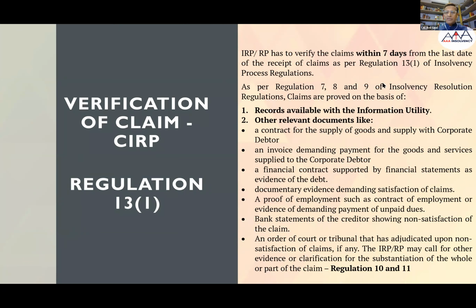As far as this part is concerned, collation and verification are a little bit not 100% clear, because the Act says that we are supposed to collate and the regulation says that the RP is supposed to verify the claims. And all these documents, like records available with the information utility and other relevant documents, contracts for supply of goods and services to the corporate debtor, invoices demanding payment, financial contracts supporting the financial statements, documentary evidence demanding satisfaction of claims, proof of employment for employees and workmen, bank statements in case the money is received or not, and any order of a court or tribunal, are required to be submitted. The IRP or RP has the power to ask for additional documents, and that will be provided by the